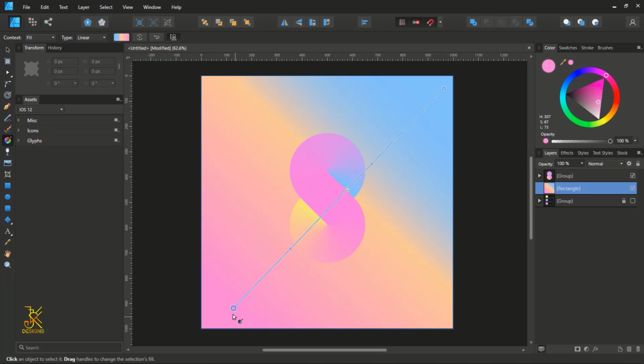So now reduce the opacity of this pink that we have in the left downer corner, make the opacity 40%, and select this color that we have in the middle, the one that is like orange. This one that we're having here, it's like orange, it's like yellow. Reduce the opacity to 50%. Yeah, then make some adjustments